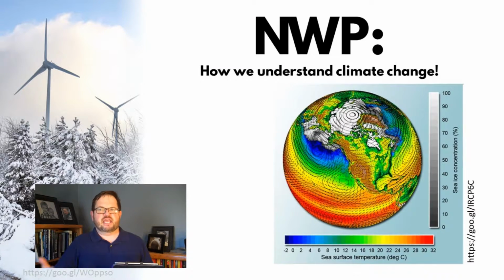Numerical weather prediction is how we work with climate models. When we are trying to say that by the year 2100 the global mean temperature will be this much and so on, what they actually are doing is using models of the atmosphere, usually coupled with models of the ocean and so on, and they are seeing how the planet's temperature is changing on average over the course of the next 80 years or the next 180 years, however far out they choose to simulate, using these numerical weather prediction or NWP models.